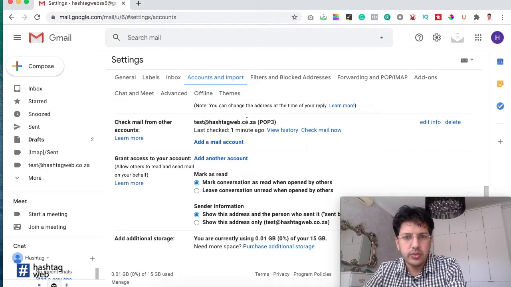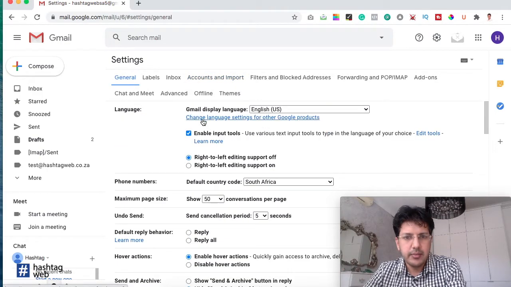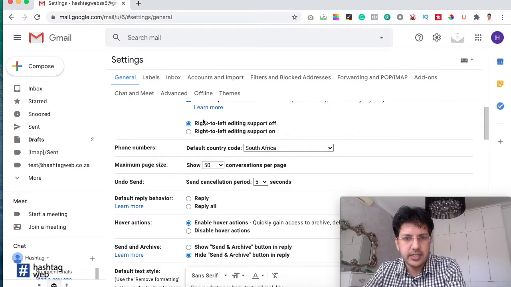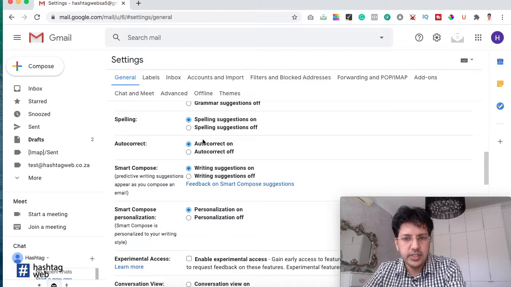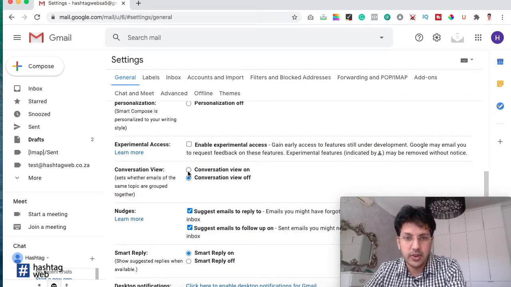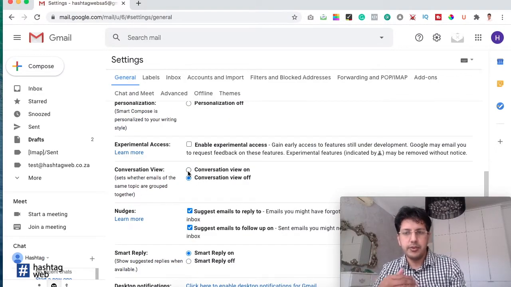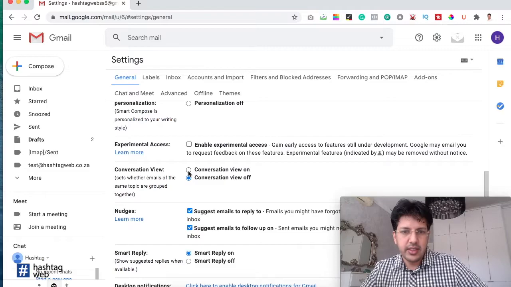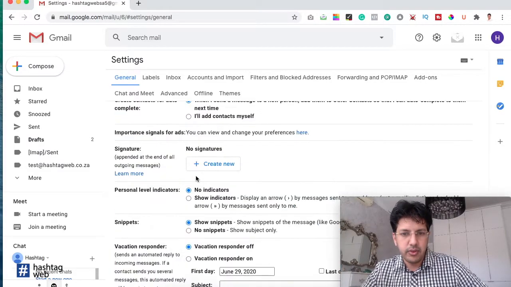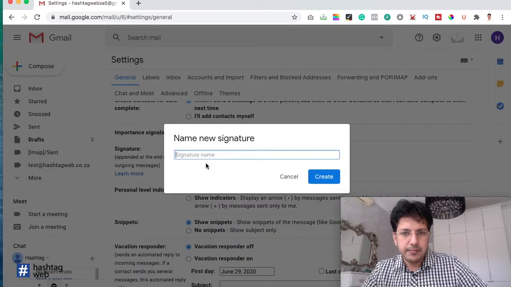You want to also go to your general tab, right, and just check a few settings. So we've got conversation view needs to be off. I hate it when it's on. Conversation view means if you're emailing the same person back and forth, Gmail will clump those emails together, and you need to click into that to find the email you're looking for, right? So you can create a new signature here